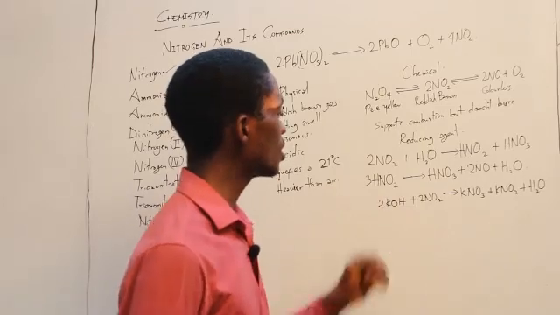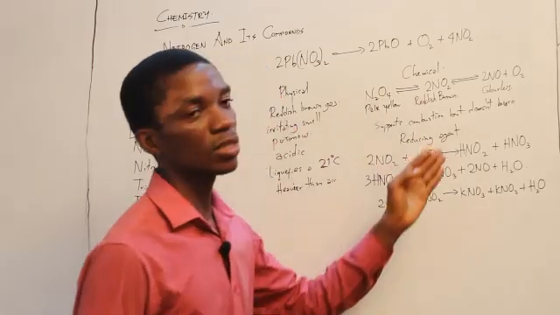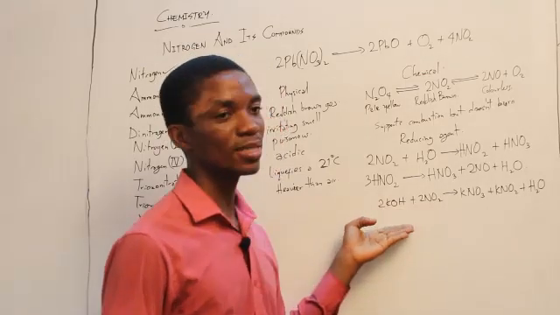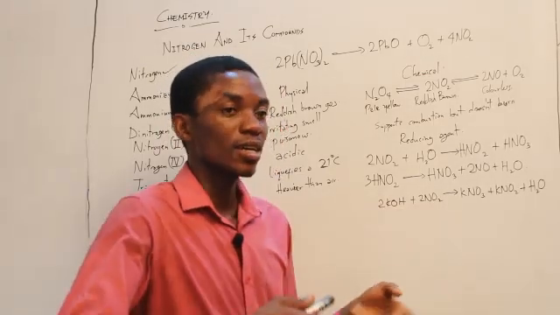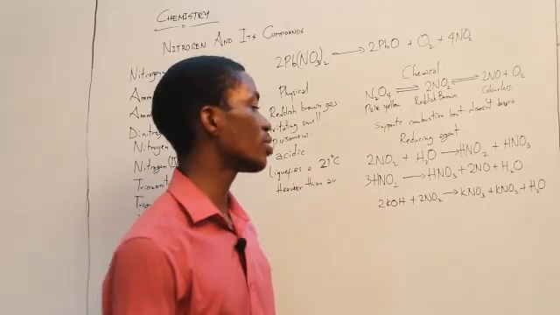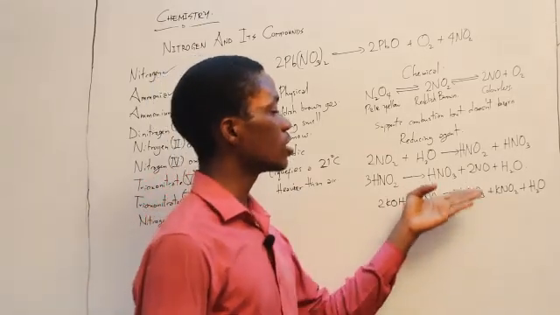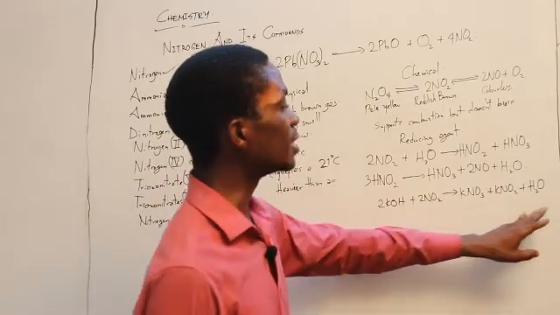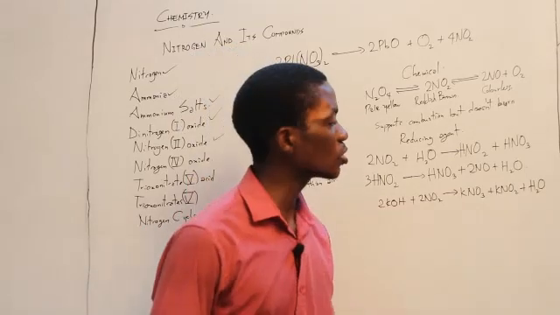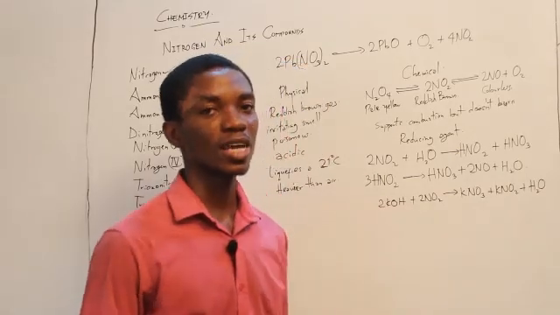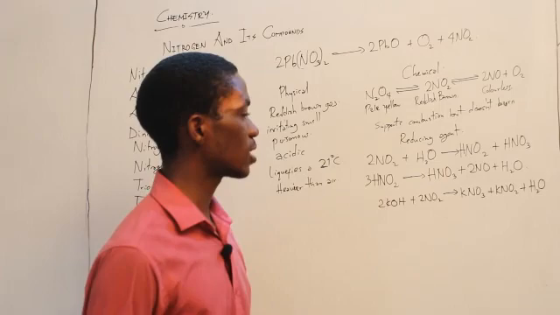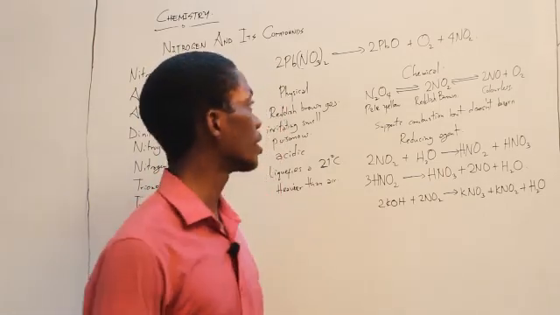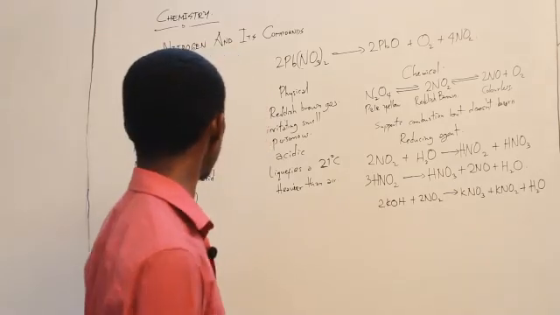And when the nitrogen 4 oxide reacts with alkali metals, that is soluble bases, when it reacts with alkaline, it forms their salts. That's the nitrate salts and the nitrite salts, then water. These salts are very important in the making of fertilizers and compounds like that. Sometimes they are used even in the making of explosives. Alright, so that's it about nitrogen 4 oxide. Let's go to look at the